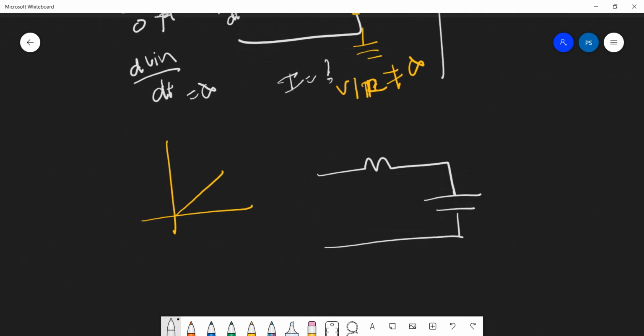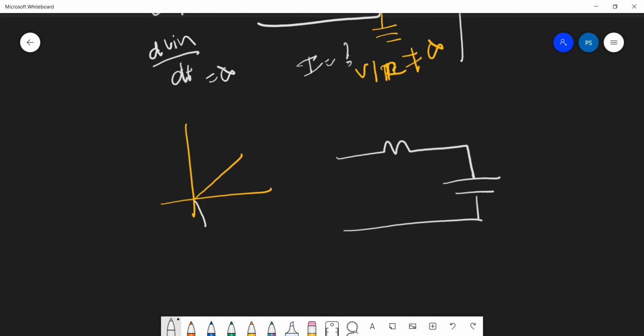Now for this particular very interesting case, if I take t equal to 0 and differentiate it, and if I take t equal to infinite,